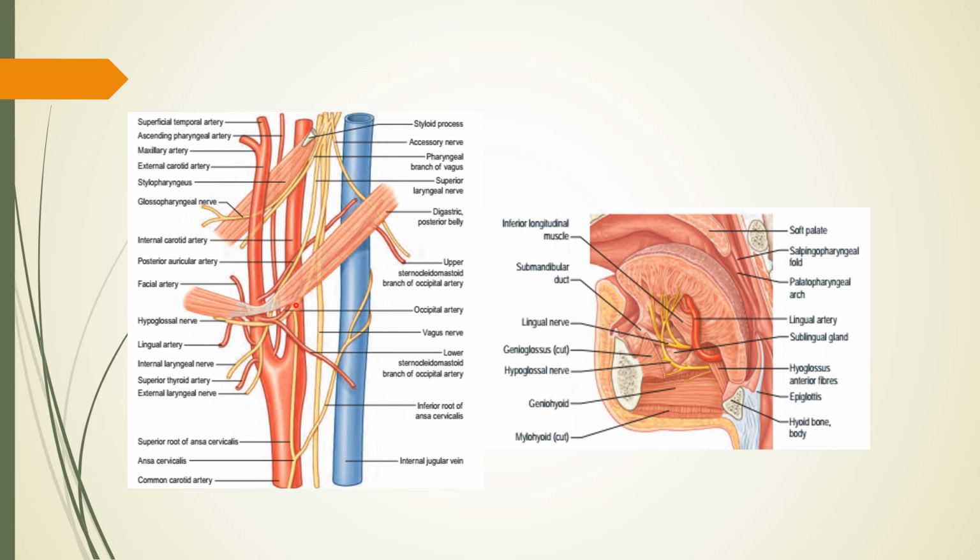We have discussed that in the triangles of the neck. This is hypoglossal nerve and moves back and upward, and here it enters deep to mylohyoid muscle. In this diagram we can see the hypoglossal nerve runs initially on the hyoglossus and then deep in the substance of the tongue.